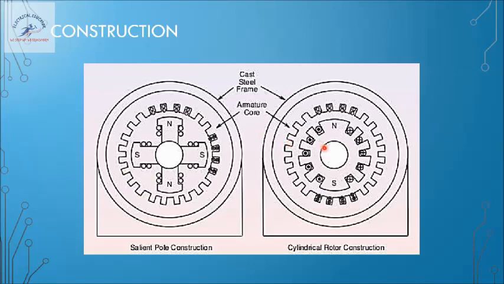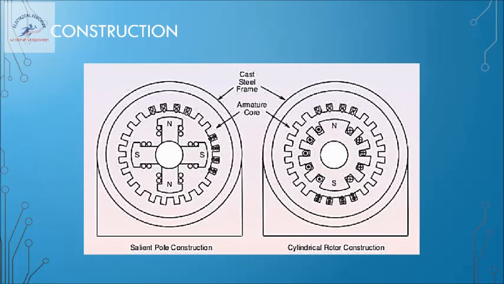So cylindrical rotors will have a smaller diameter and larger axial length. These motors are used for high speed applications. Similarly, if we speak about alternators, then a cylindrical rotor is used for high speed applications, usually employed in steam turbines, and salient pole machines are used for low speed applications. So it is used in hydro turbines. So this is about the construction of synchronous machine.